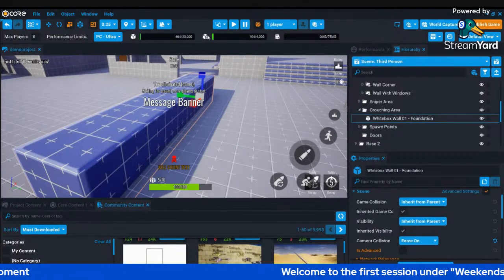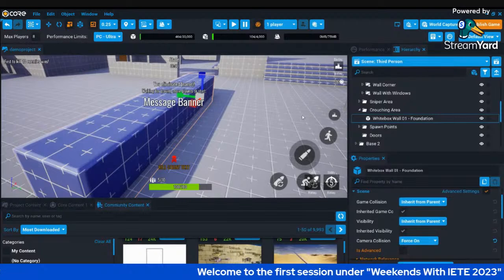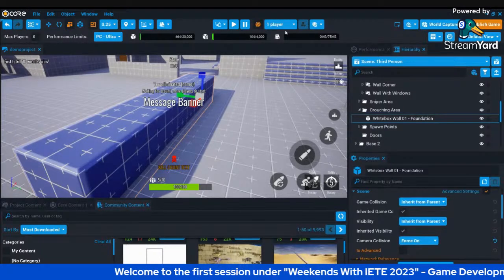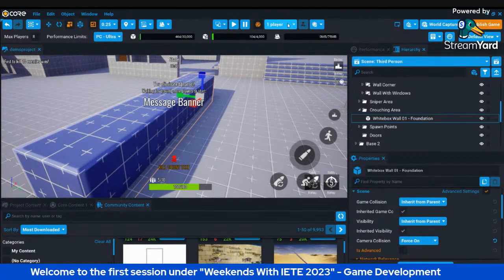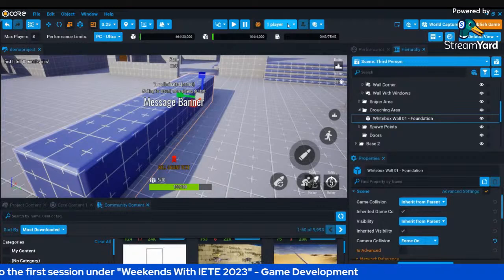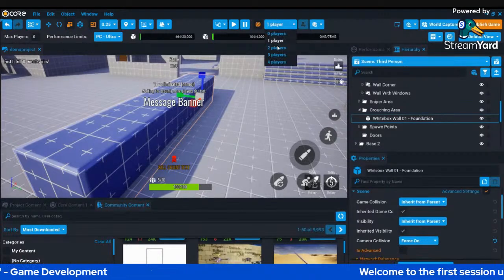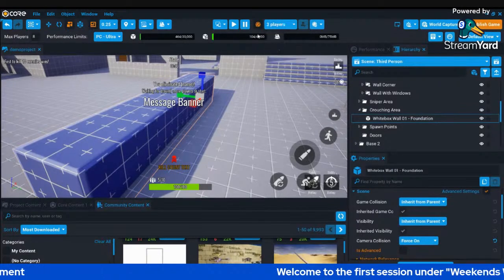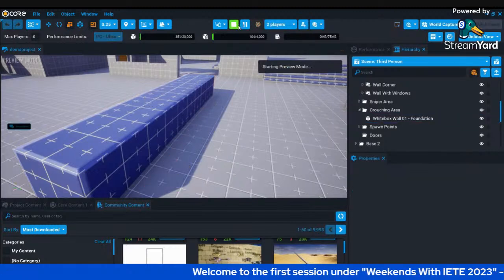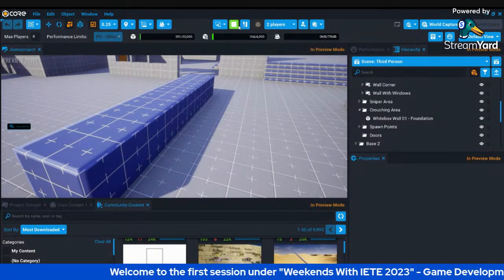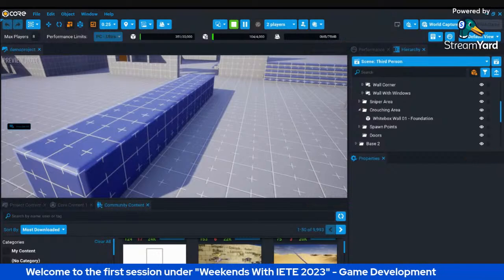Okay, moving on. When we are done completing the game, we will simulate it, and in multiplayer simulation we will test how it will work when there are various players designing it and playing it. So I'll select 2 players and I'll show you a preview before actually starting to develop it.